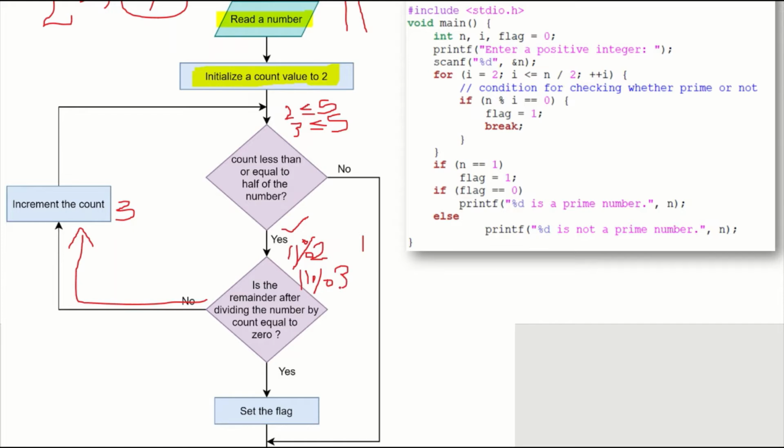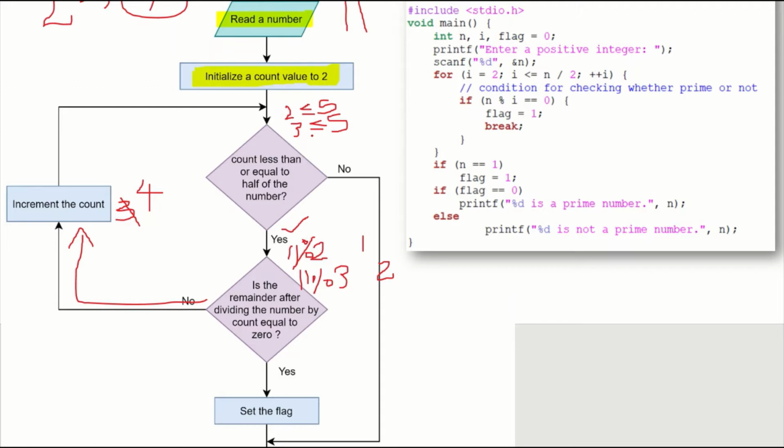That is 11 by 3 is done, and the remainder after 11 by 3 is 2. So that is also not equal to 0. So it is going back in this direction and incrementing the count from 3 to 4.